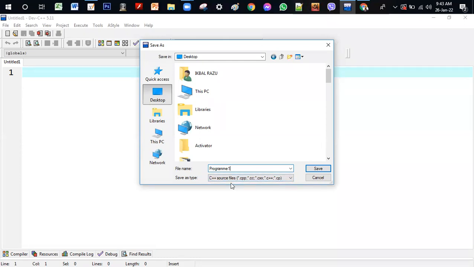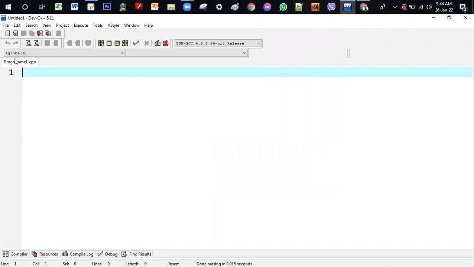Which one of the following is the source file extension for the C programming language? It is .cpp, .cc, .cxx, .c++, and .cp. Now save the file on our desktop, as program1.cpp. At first we will write the comment line, and the method of writing a comment line